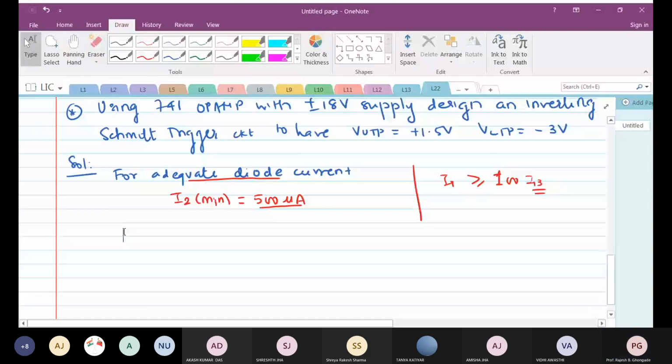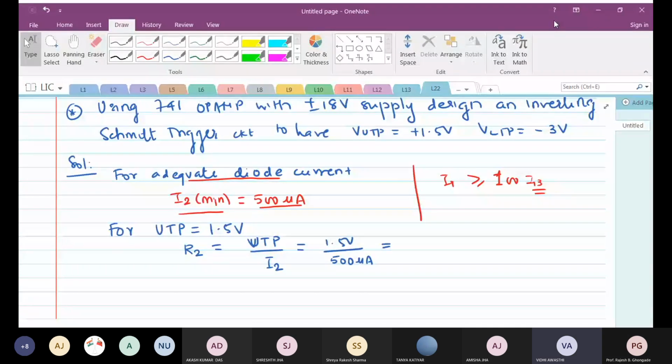Sir, what you are saying right now, and if you are writing, that is not visible to us. Maybe after a few minutes, it will be visible. There is a lag. Yes, sir. Okay, how do I solve this problem now? Sir, restart the modem. Now that line is visible, VUTP is equal to 1.5 volts. Yes, sir. What I will do is I will restart the modem now. Then we'll lose about 5 minutes. So please stay. Okay, sir. Right. Yes, sir.